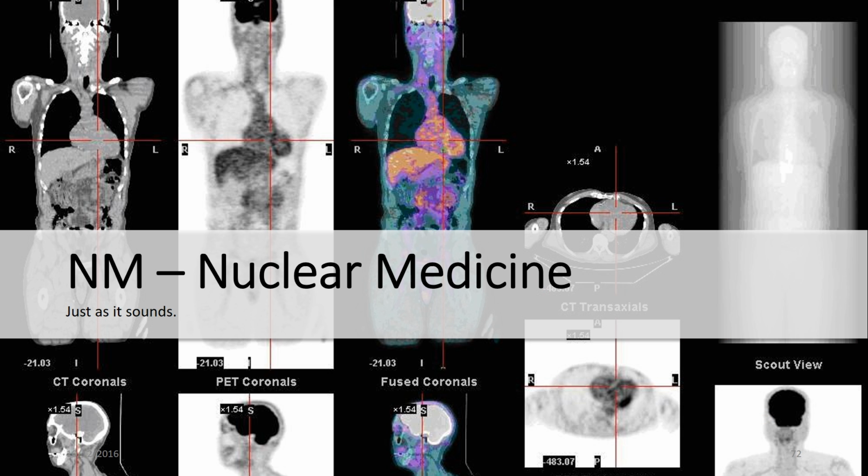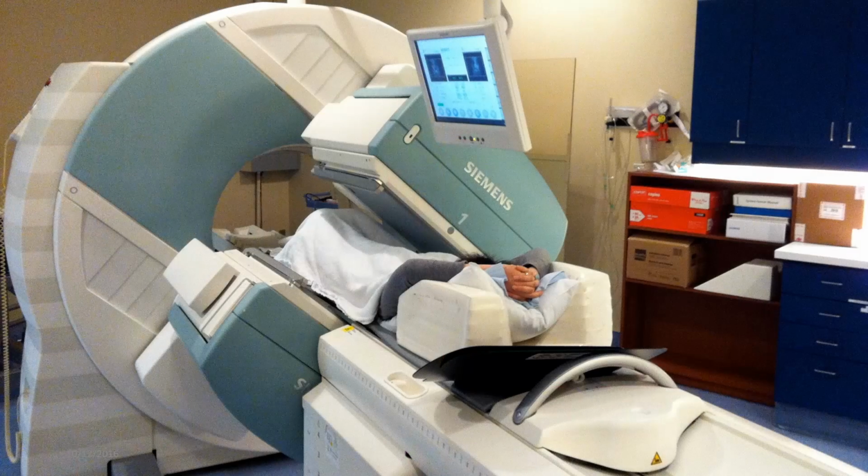So let's have a look at some of those images. A nuclear medicine scanner, or a gamma camera as it's called, uses gamma radiation. Technetium gives off gamma radiation. It has a half-life of about 6 hours. So if you have a given amount of radioactivity in becquerels or megabecquerels,